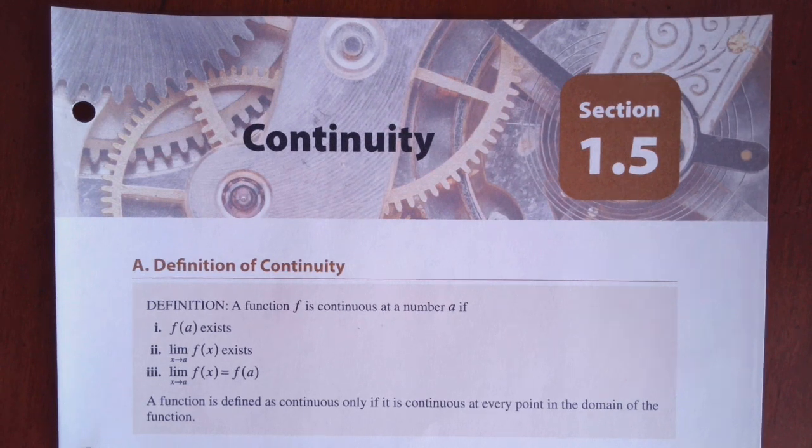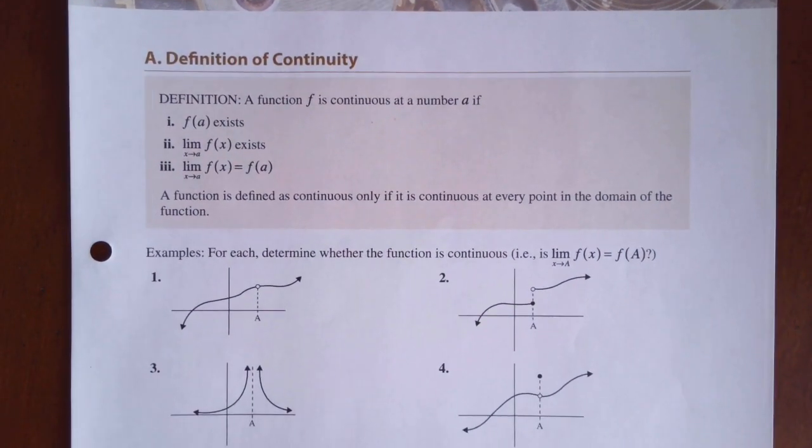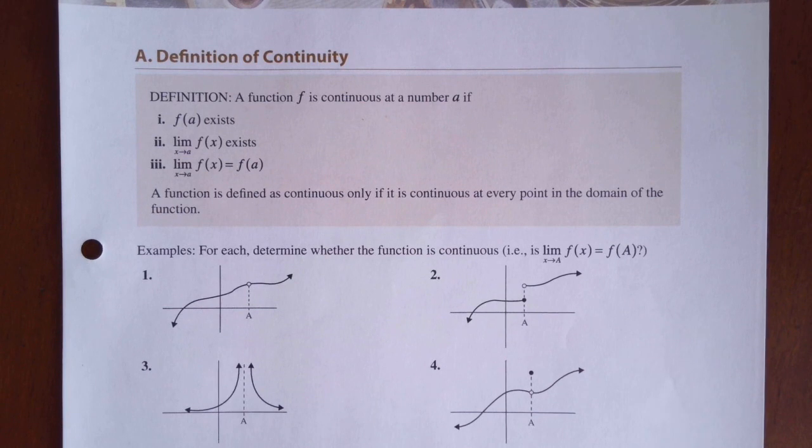Okay? So in high school, somewhere when we first did algebra, we all learned that for a function to be continuous, basically that meant if you could graph the function without picking up your pencil, then it would be continuous. That was the easy way to kind of tell. And that's true when you look at a function, but in calculus, if you are asked to prove that a function is continuous, then you have to look at these three basic rules that will define whether or not a